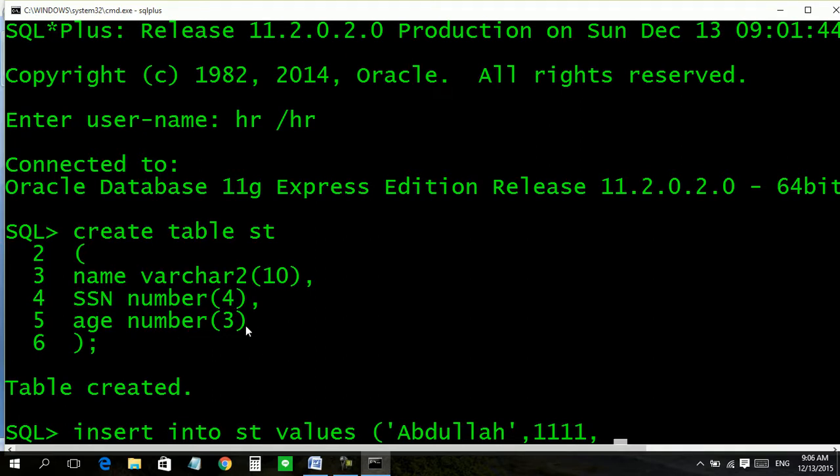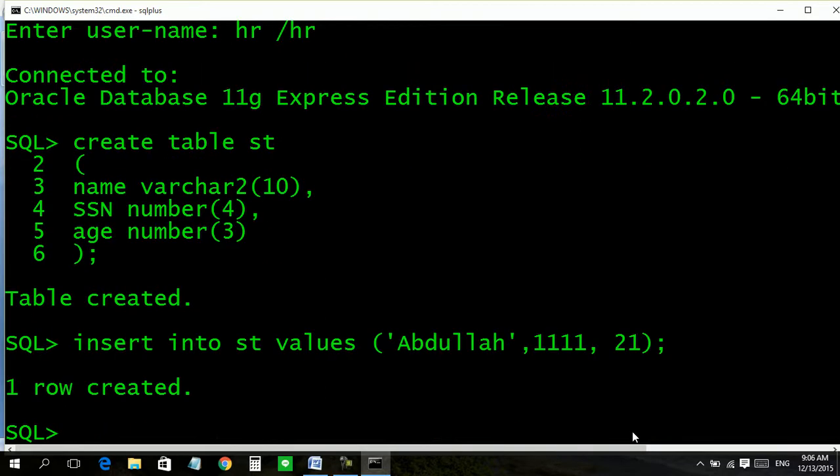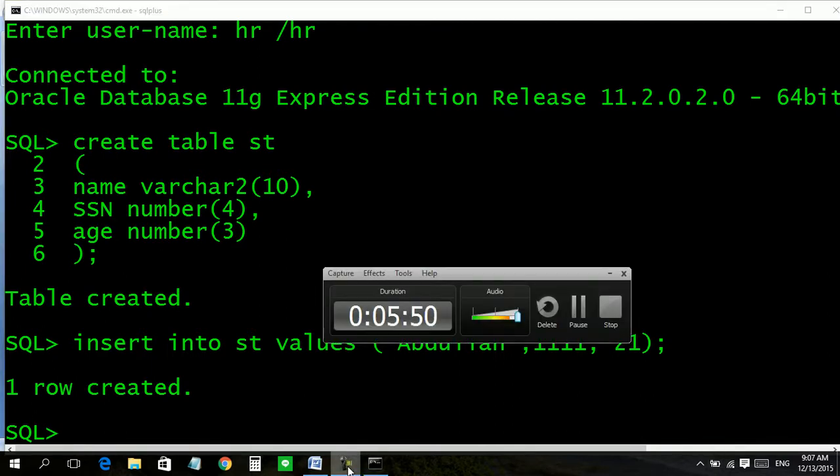For example, if the student has age 21, we enter 21. Then close with a semicolon. One thing to be taken care of, numbers don't require quotation marks. One row is created. Now if we have to add many rows, then we will use another option.